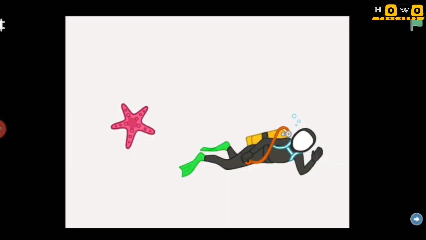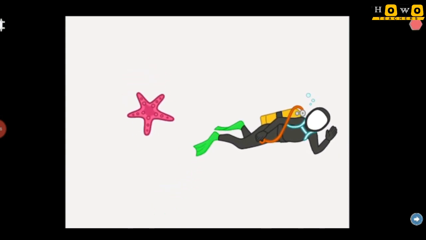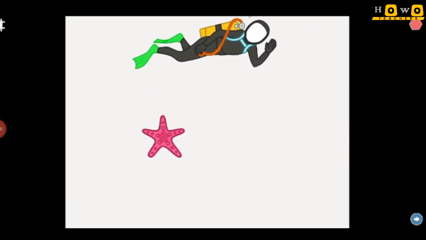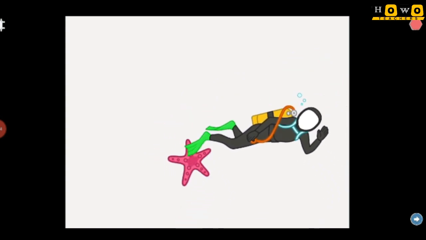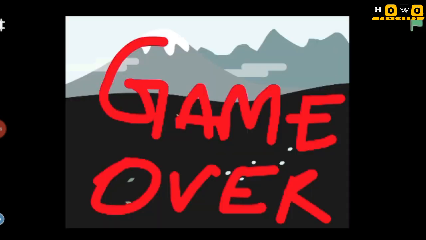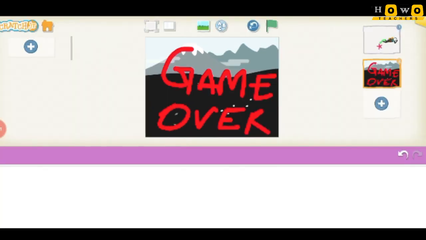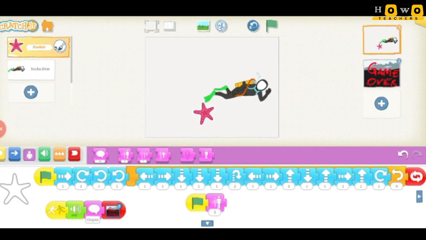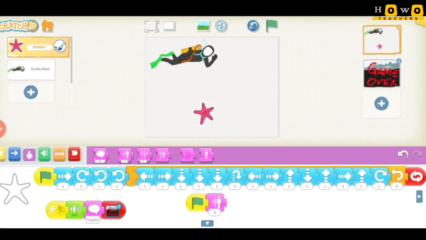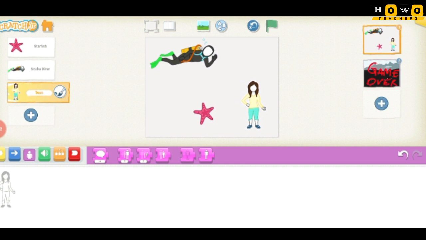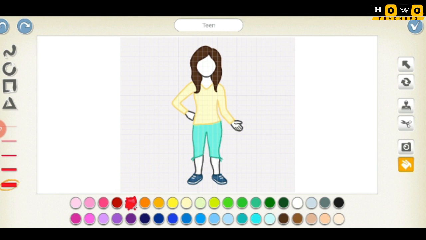So I'm again making the screen large, and now the game started. I have to save the scuba diver, and I'm just shifting its position, and if by mistake I touch it, then firstly the message will come, then the game will be over. So this is how you can make it. And simply if you want to increase the level of the game, you can anytime add many more sprites. You can add as many sprites as you wish, and you can make the game according to that. Okay,